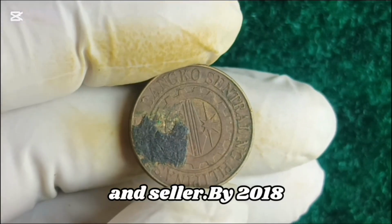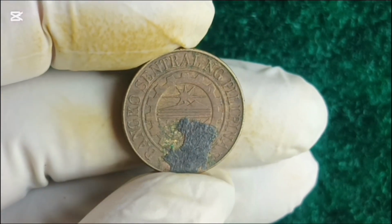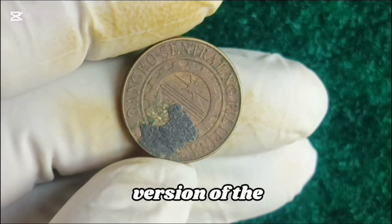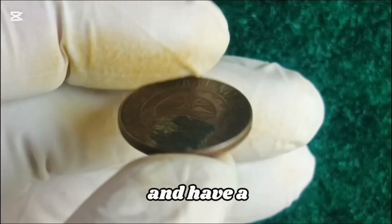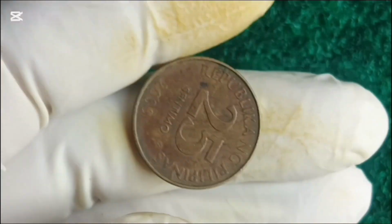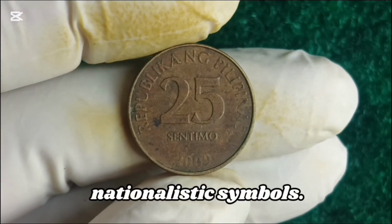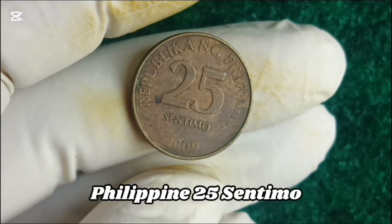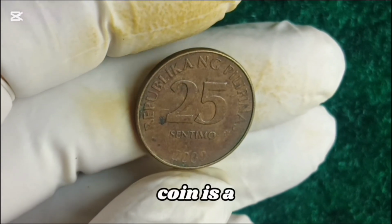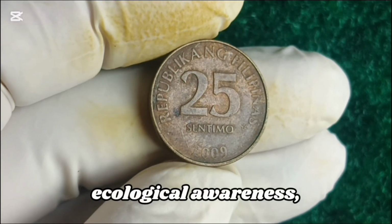By 2018, the New Generation Currency coin series phased out this version of the 25 Sentimo. The newer coins are nickel-plated steel and have a cleaner, minimalist design, removing plant and animal imagery in favor of simpler nationalistic symbols. The 2009 Philippine 25 Sentimo coin is a beautiful blend of national identity, ecological awareness and economic